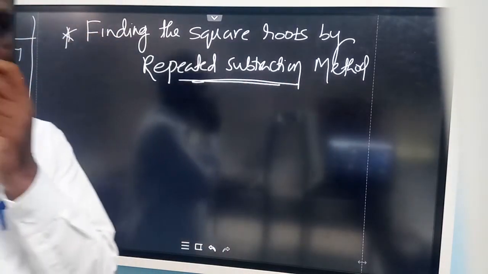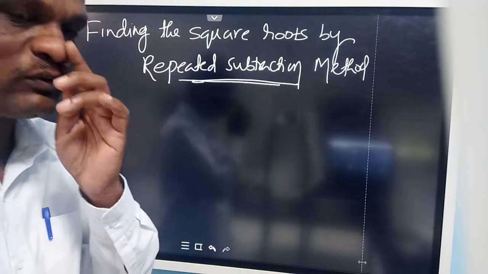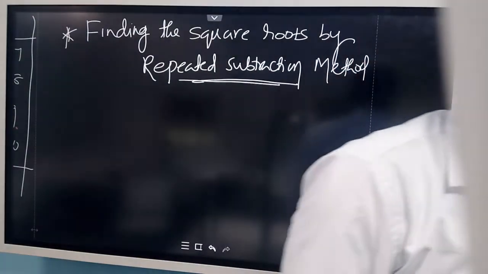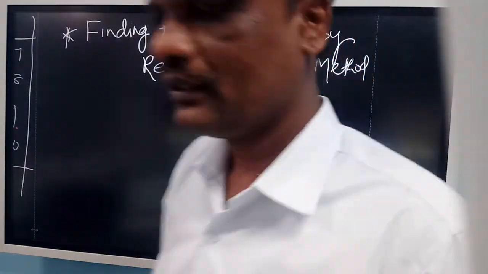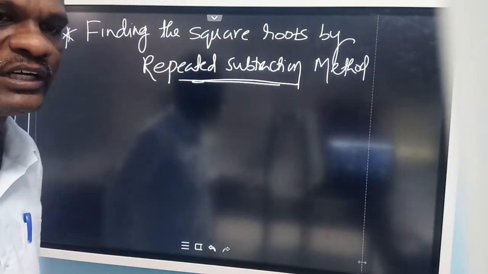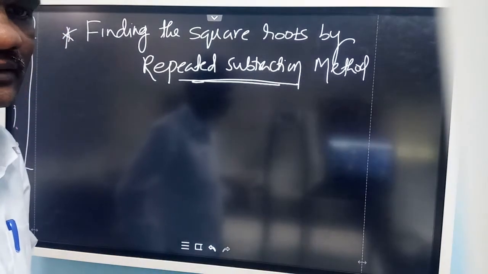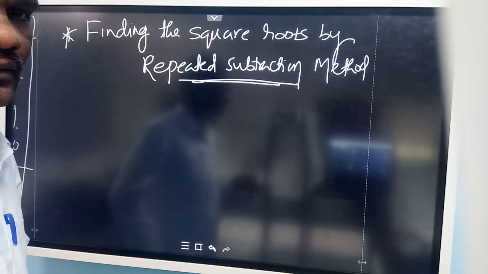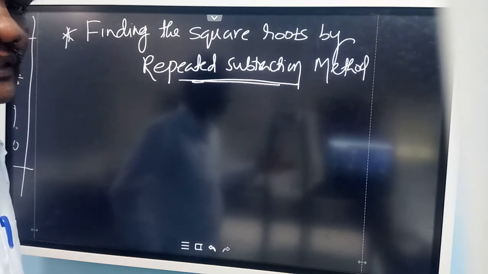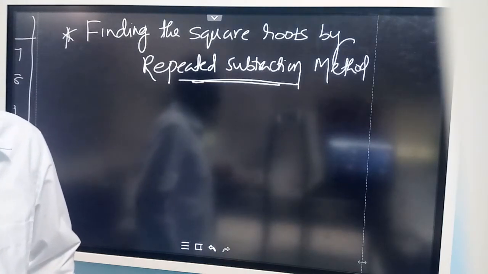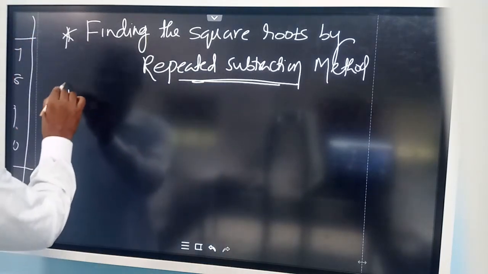So here we are going to use the property that all square numbers can be expressed as the sum of odd numbers. You have learned the property. So 7 square, 49. 49 can be expressed as the sum of first 7 odd numbers. 5 square, 25 can be expressed as the sum of first 5 odd numbers. We are going to use that property. Let us take one example.